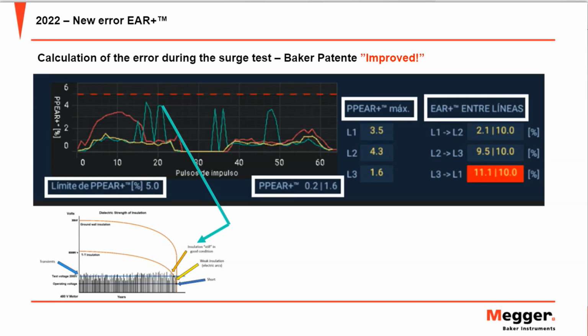But because we have this graph, we can say, okay, the insulation is still in good condition, but we are close to the start of the weak insulation, because at the time the green graph is going to cross the threshold, then we will identify